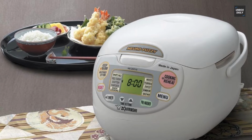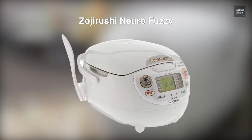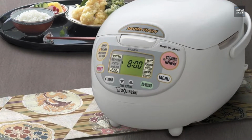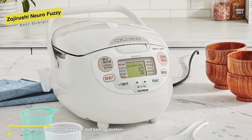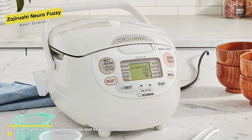Let's begin with the Zojirushi Neuro Fuzzy. This Zojirushi Neuro Fuzzy can make great rice, even when other cookers produce starchy, congealed messes. It's one of the most compact models that have a removable lid, and inner pot with handles for easy lifting out of the machine. This 5.5 cup rice cooker and warmer can make almost 10 cups of cooked rice and